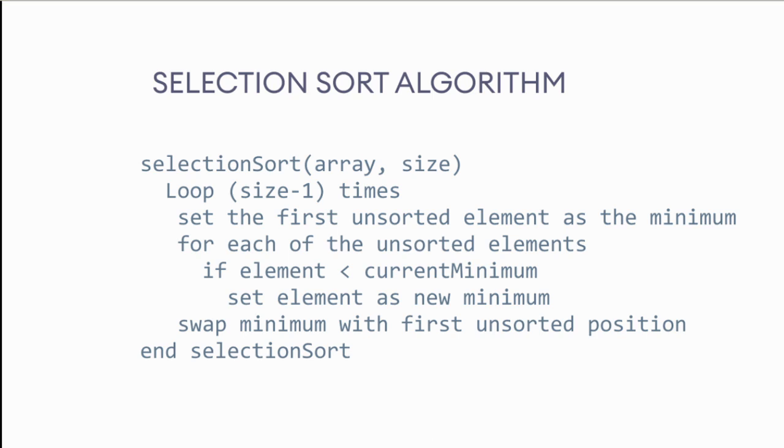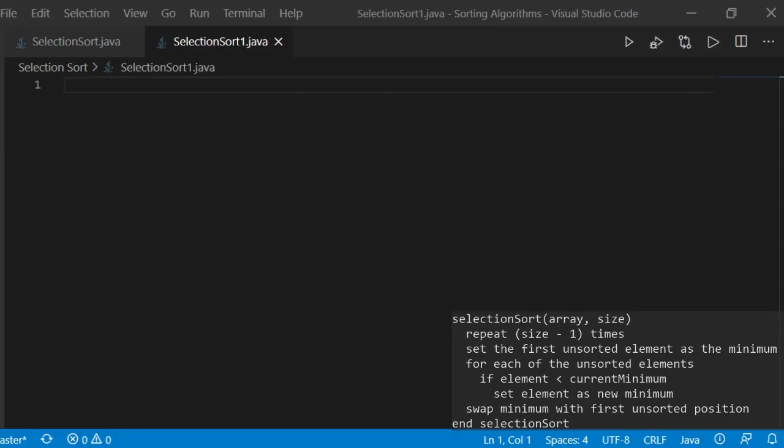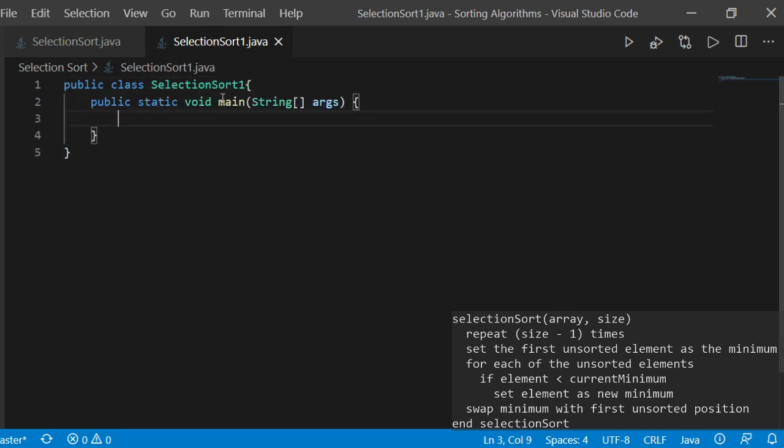Now, let's write some code. Let's implement selection sort in Java. So I'm going to write a selection sort class, public class. As my file name is selection sort dot one, so selection sort one, and I'm going to write a main method. In this main method, I'm going to take an example array. So int array is equal to